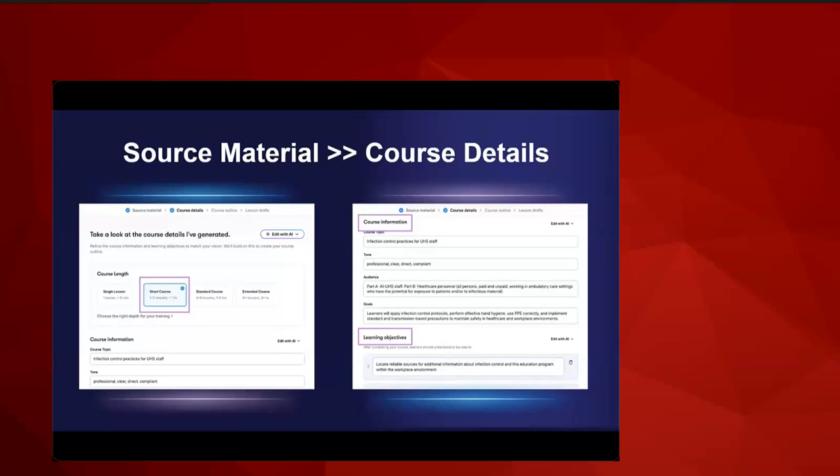The AI assistant tool also generated learning objectives based upon the prompt and uploaded content. It is important to review these to ensure they are actionable, measurable, and relevant to the uploaded materials. In this case, the AI assistant generated many objectives, so I won't show all of them, but you can edit